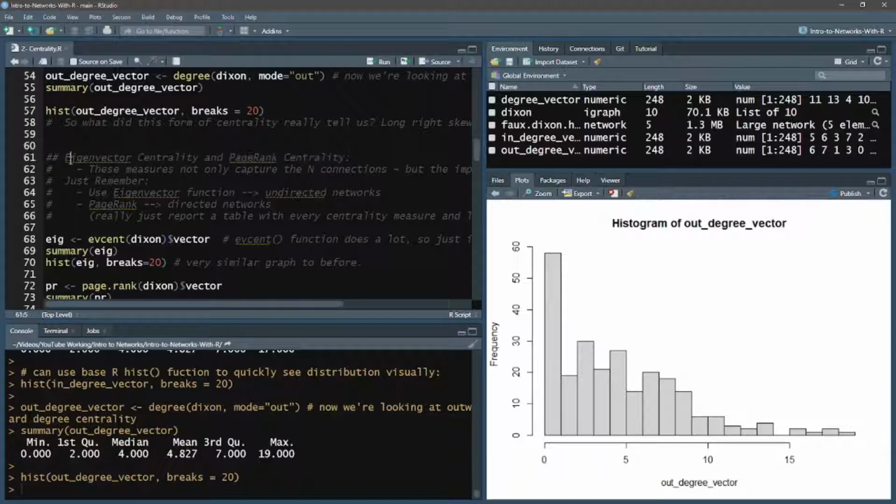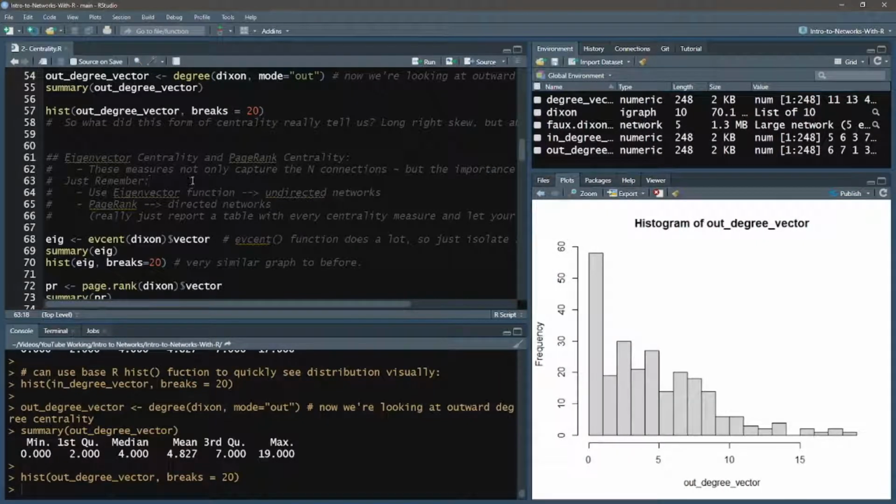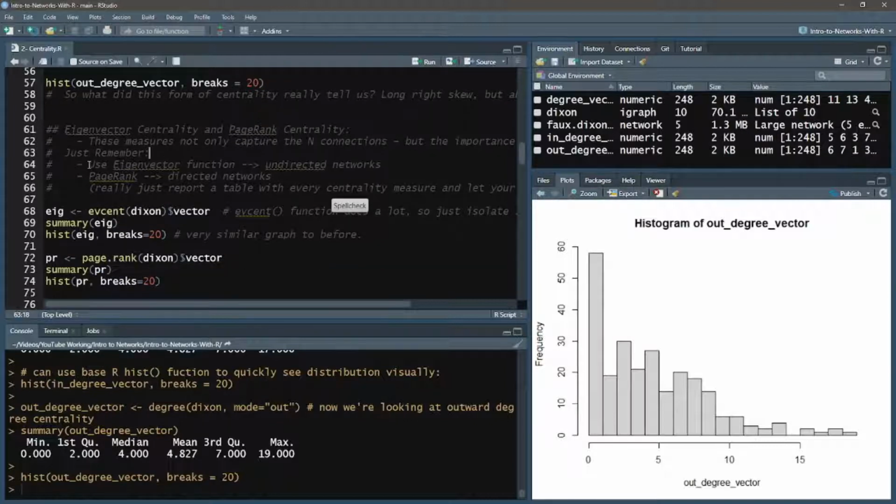You may be familiar with eigenvectors if you do things like k-nearest neighbors or machine learning stuff. But all we need to know for the purposes of our lecture here is that these measures not only capture the number of connections, but the importance of these connections as well. We should remember that the eigenvector function should be used for undirected networks. We're going to go ahead and use it anyways. But PageRank is best for directed networks.